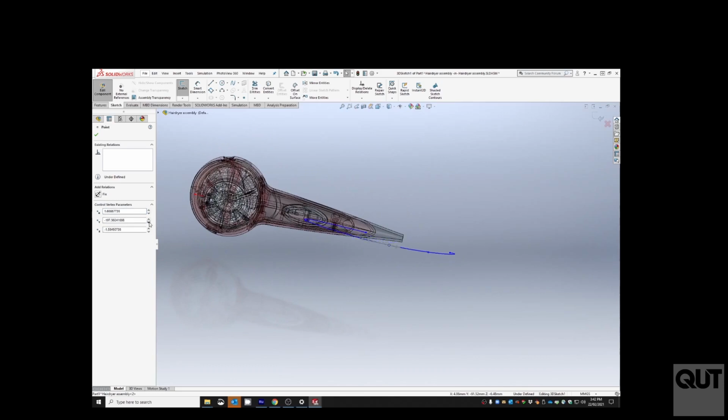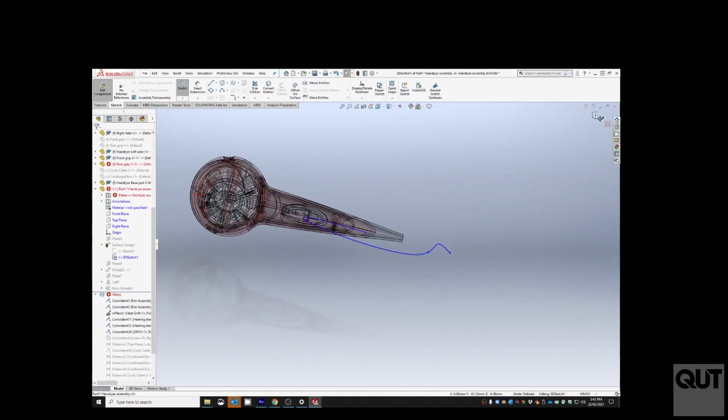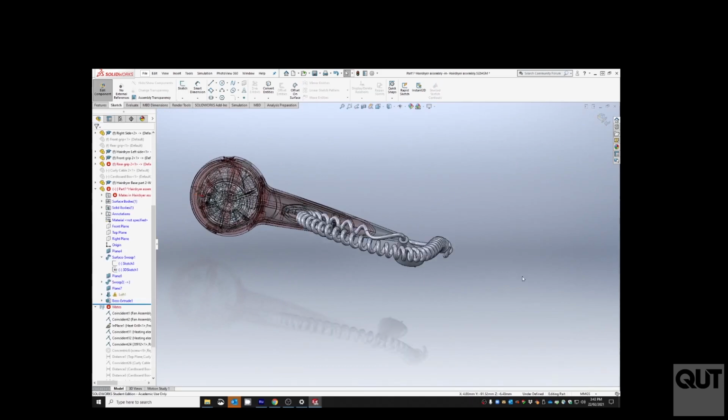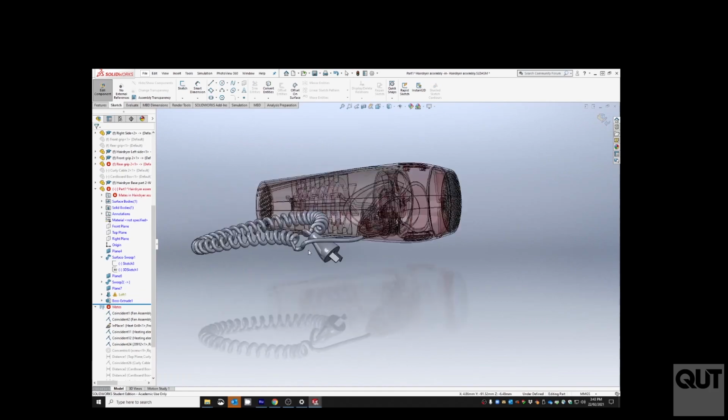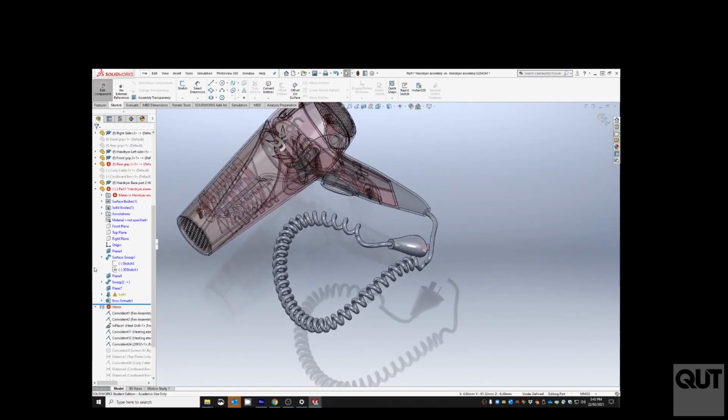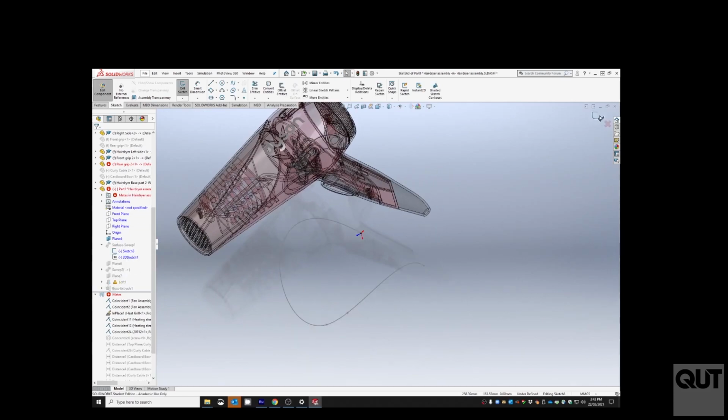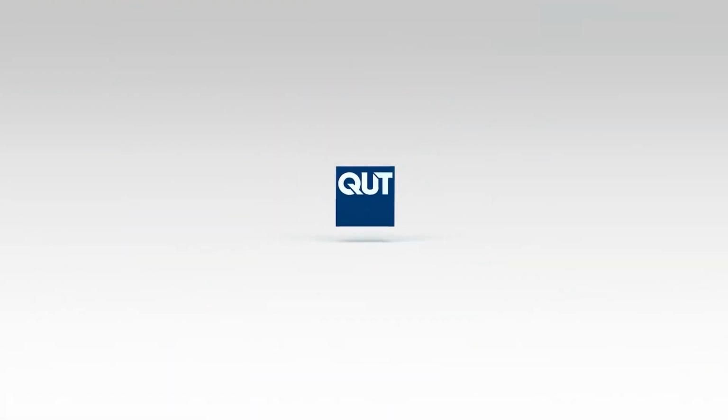Let's say we want to drop that down a little bit. We can do that, and then when it updates, you can see we've got a little bit more three-dimensionality in our cable. So we can go back, if we edit these